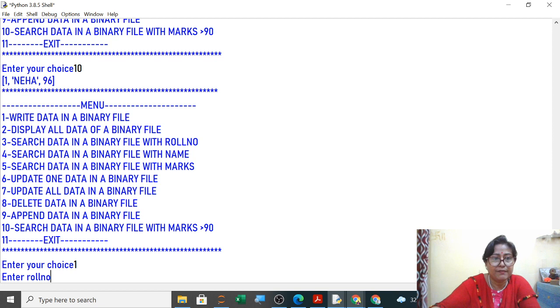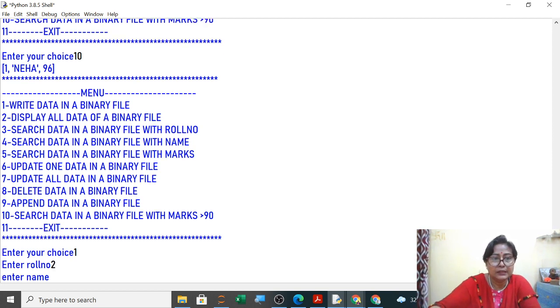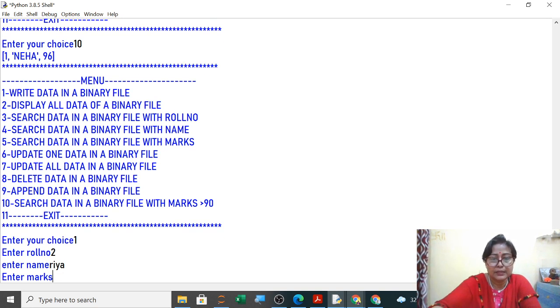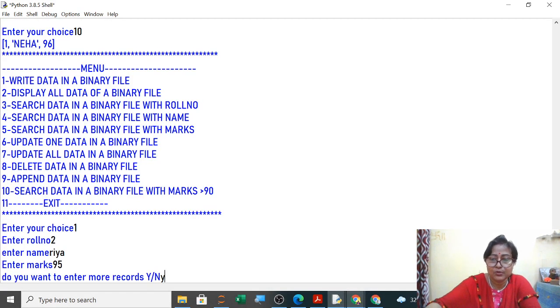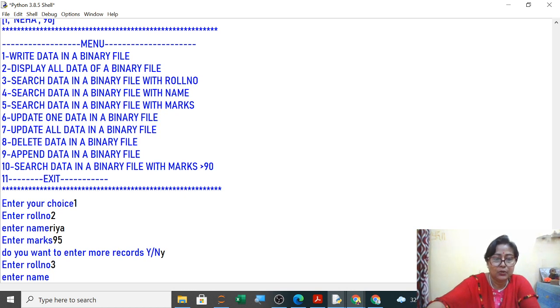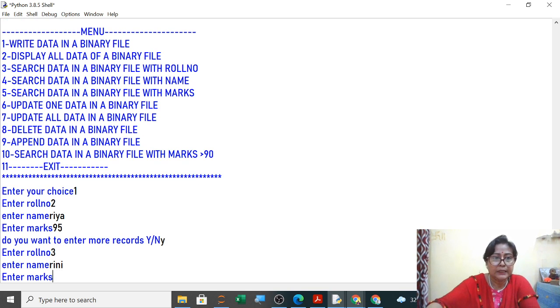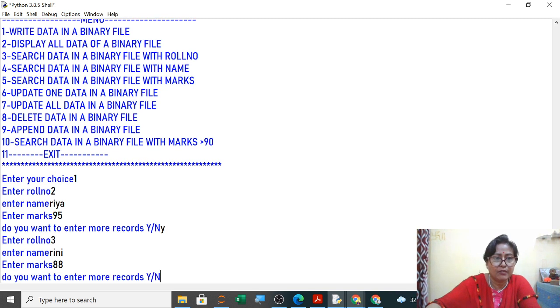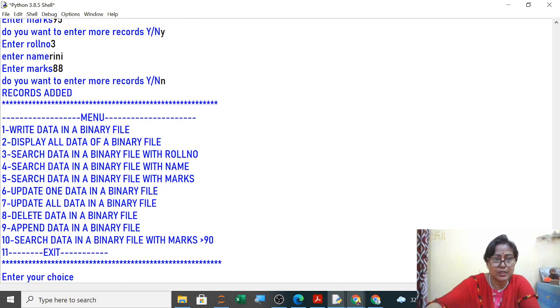Write in a binary file, enter roll number 2, and 2 is suppose Ria, marks is suppose 95. Then yes, I want to enter more records. Roll number 3 is suppose Rini, and marks I want to give some less so that greater than 90 I want to show you. Now no, I don't want to enter more records, so menu it is showing.